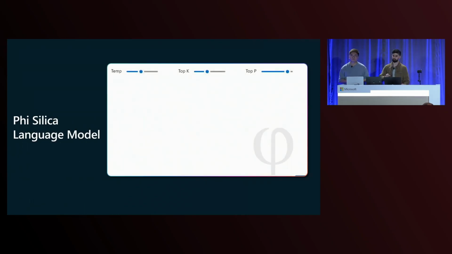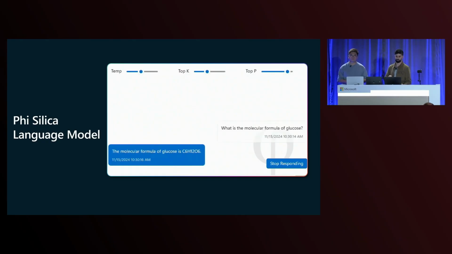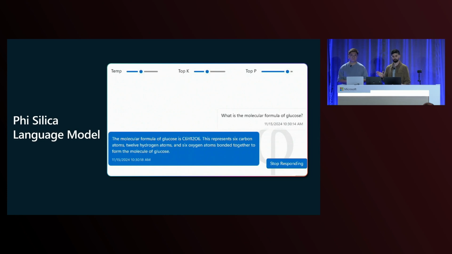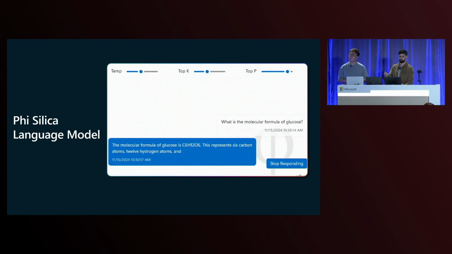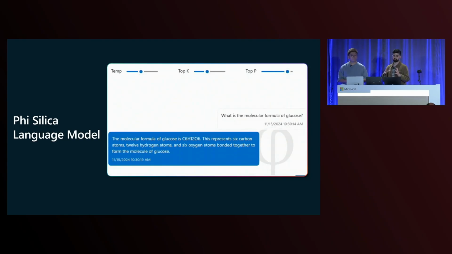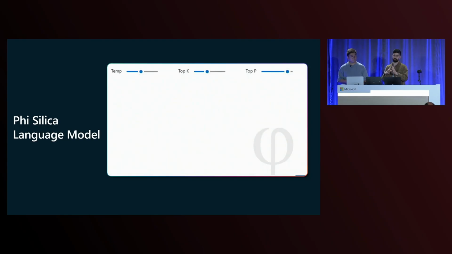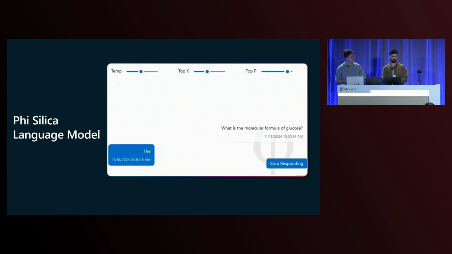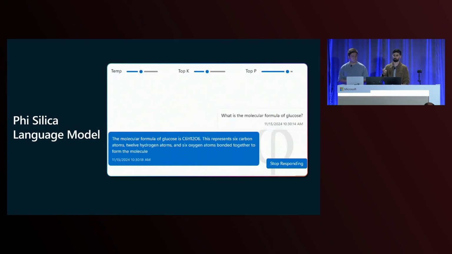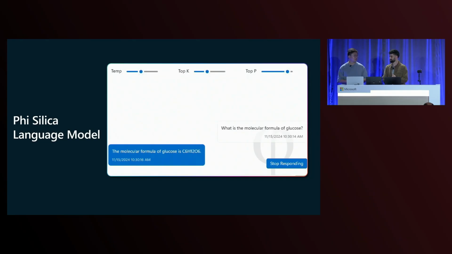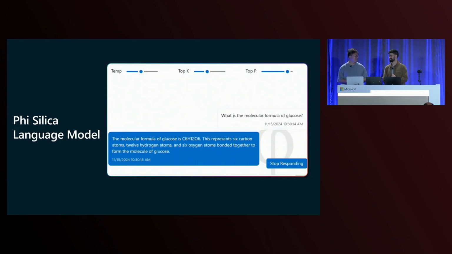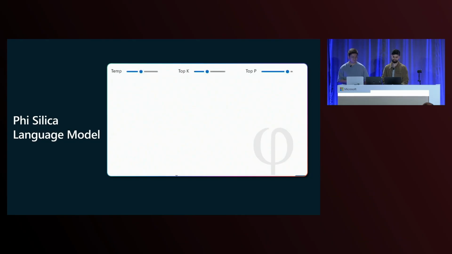All right. So the first API is the PhiSilica Prompt API. It's Microsoft's language model that's optimized to run on Copilot+ PC NPUs. You already saw the Prompt API in the demo, and we also provide some commonly used functionalities in a package we call text intelligence. So things like rewrite or summarize, we do the prompt engineering for you, so you can just call our API and get the best performance from the model. That's awesome. Prompt engineering is never my favorite thing. Yeah. All right, so let's jump to code and see what it looks like.